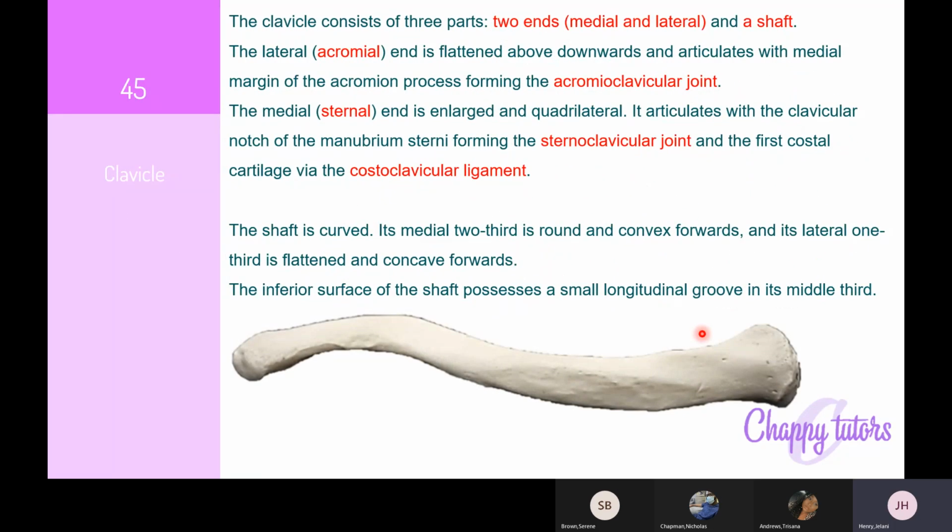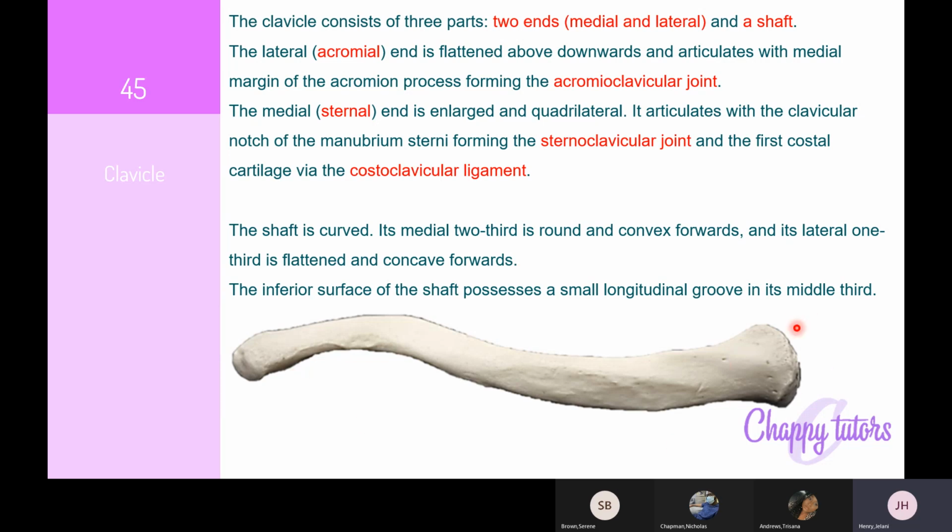Right, so for descriptive purposes, the clavicle is divided into three parts. Throughout anatomy, you'd realize that everything is divided so that it could be described properly and efficiently. So the clavicle is divided into three parts. We have two ends, a medial end and a lateral end. Here, we could see the medial end of the clavicle. And here is the lateral end of the clavicle. The lateral end is referred to as the acromial end, because this side articulates with the acromion process of the scapula. Hence, it's called the acromial end,